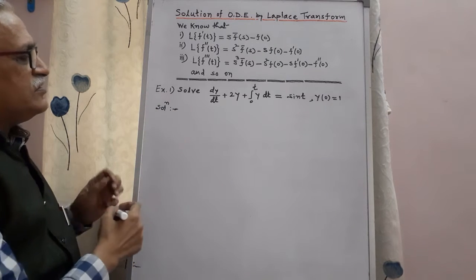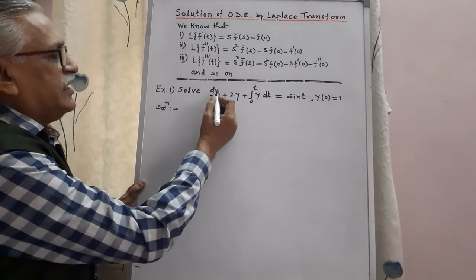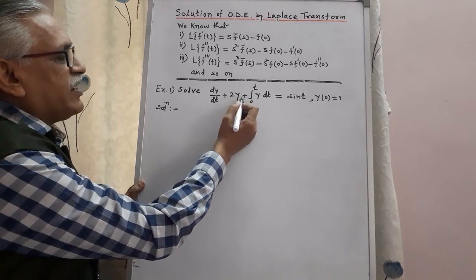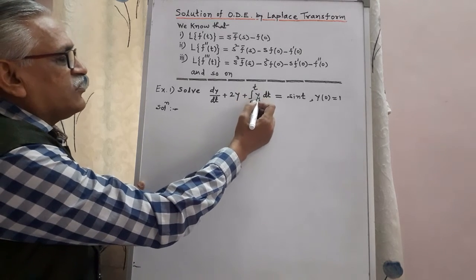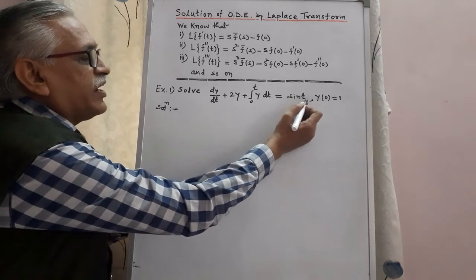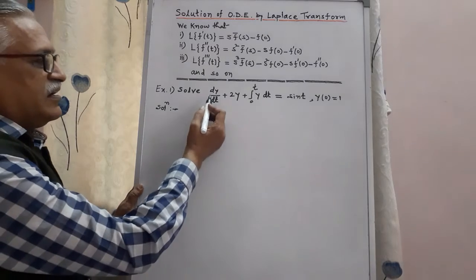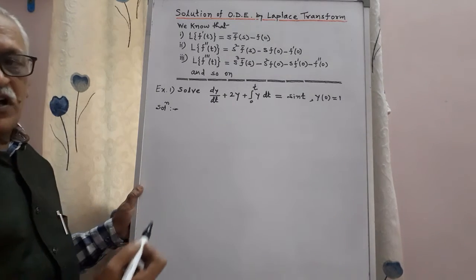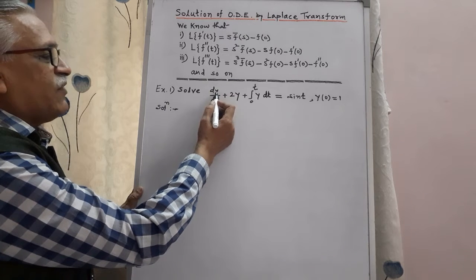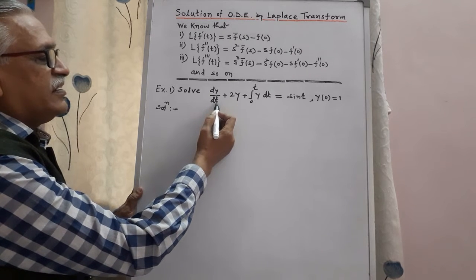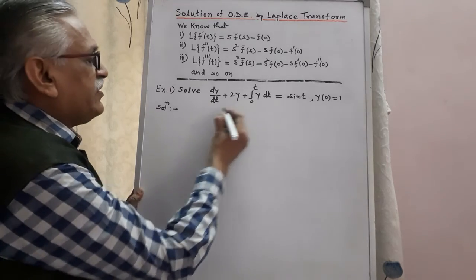First example, solve dy by dt plus 2y plus integration from 0 to t of y dt is equal to sin t, with the condition y at 0 is equal to 1. The given differential equation is of first order, with y as the dependent and t as the independent variable. Therefore, solve this by